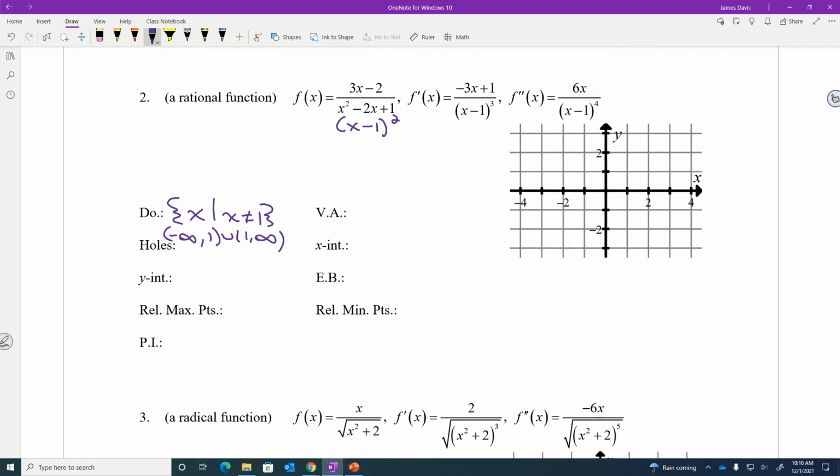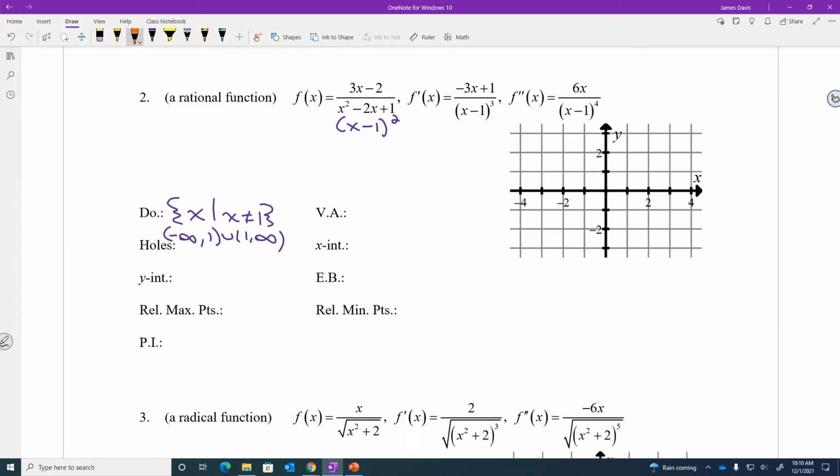Both are used commonly, so just make sure you can read both. This just says the set of all x's such that x cannot equal 1. I don't know the way that's written in the answers here. At any rate,